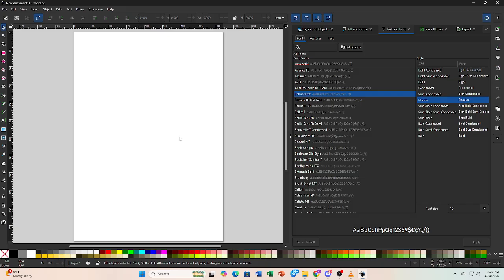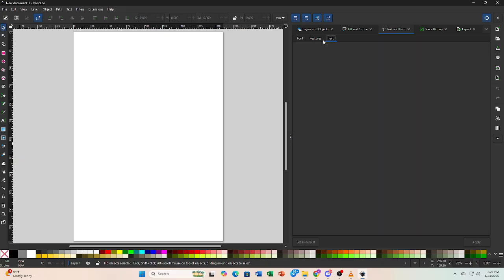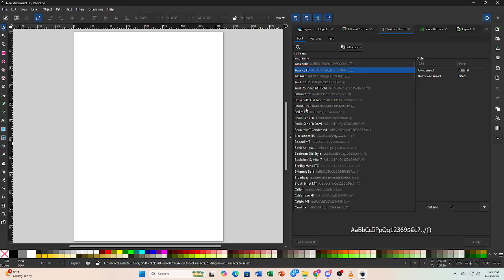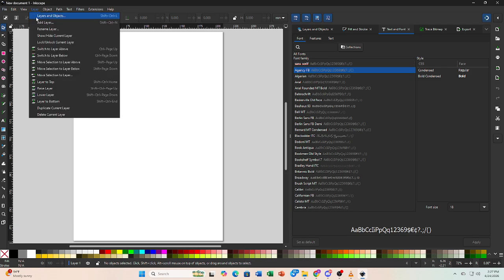Another big reason is missing fonts. If you used a font that's not installed on your system, Inkscape can't render it properly, so switch to something like Arial or Déjà Vu Sans and check again. Also check your layers. Your text might be behind another object, so just raise it to the top and see